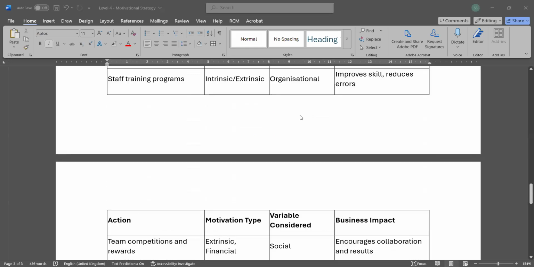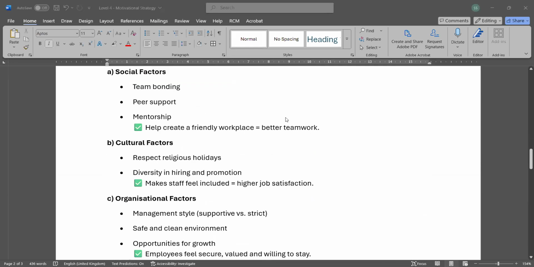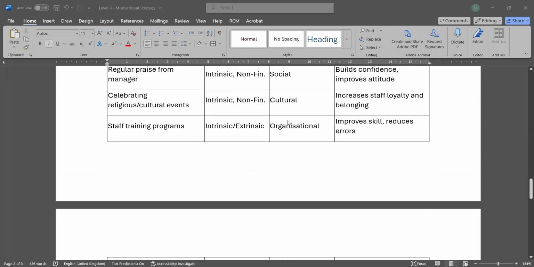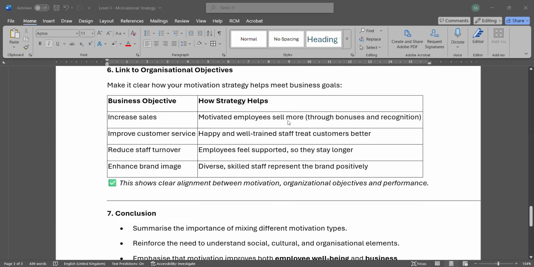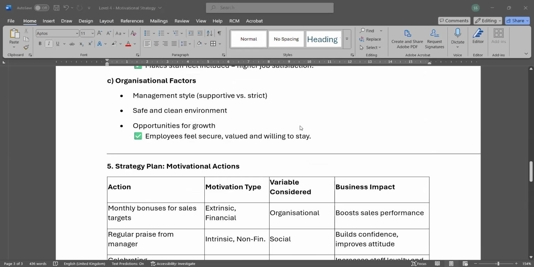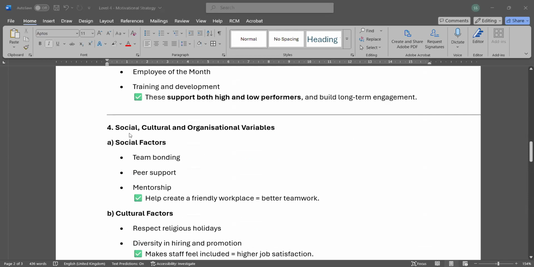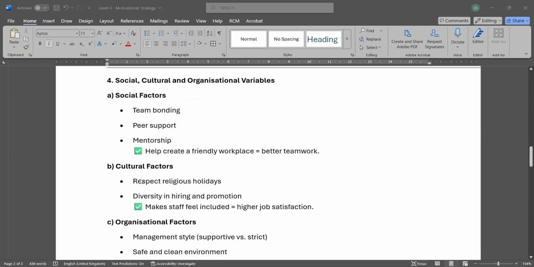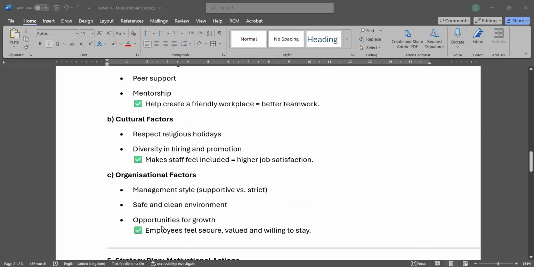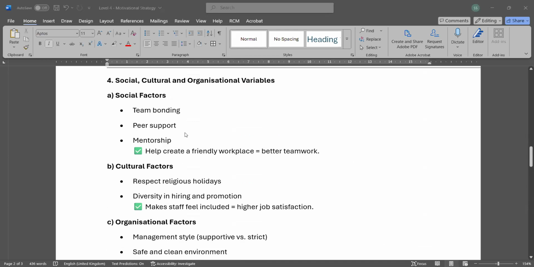So you can read this document also. There is another way to do your assignment in a more effective way. If you talk about these social, culture, and organization factors, in this document I mentioned them in detail. You can take examples of what is meant by organization factor, culture factor, social factor.